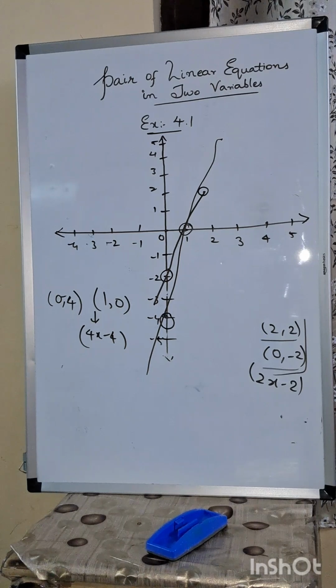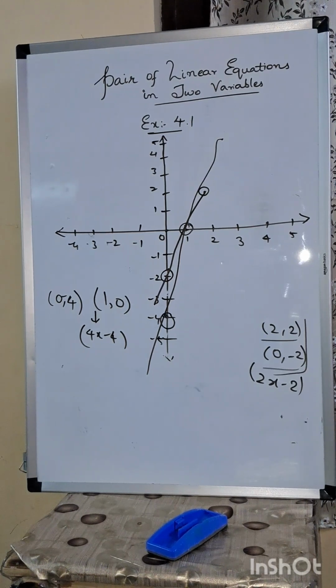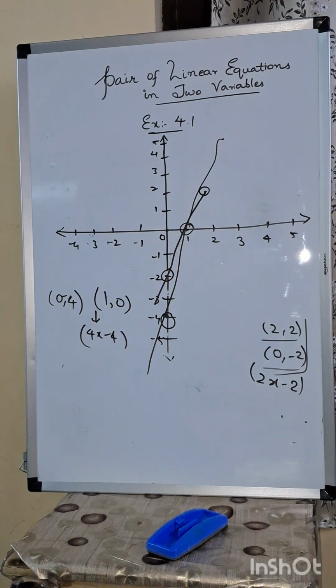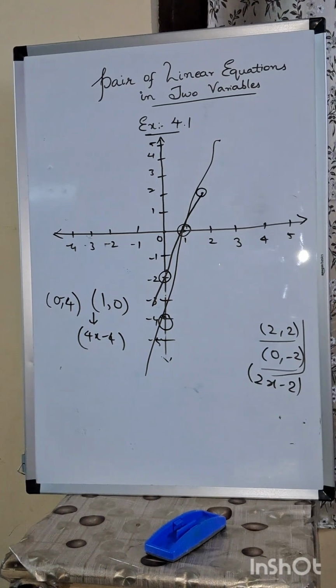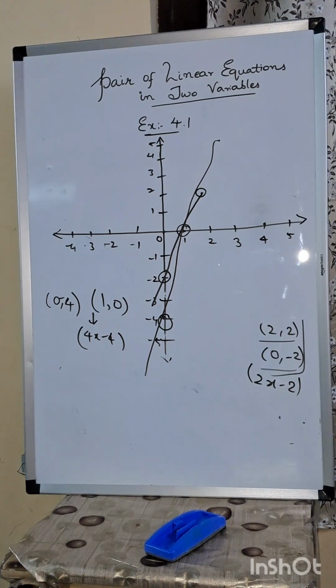So x is equal to 1 and y is equal to 0 is the required solution of the pair of linear equations, because both are intersecting at 1. So therefore the pants is nothing but how many number of pants? Pants is 1. She did not buy any skirt. Okay, this is nothing but the solution which we are getting from the graph, because on x we are getting 1, on y we are getting it as 0. So therefore number of pants is how much?